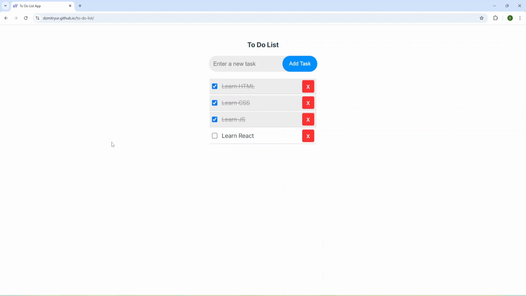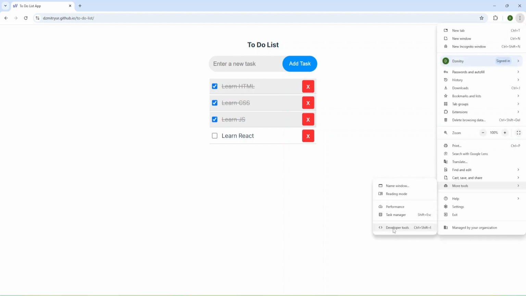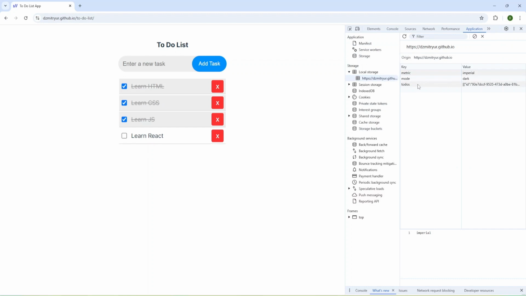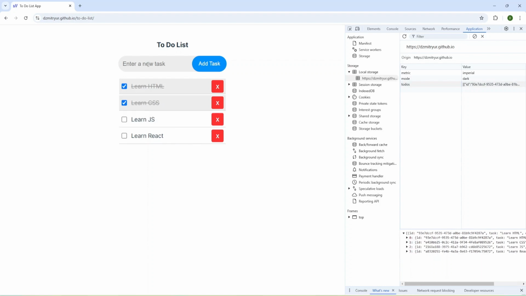And you can see then when I refresh the page, my list is here, and that's because I use local storage and save my data into local storage. And let's check. I can open my application and check local storage. And as you can see, we have to-dos here, and we have all to-dos. I can mark incomplete and add some task like learn node and add task. And as you can see, we have task in our to-dos in local storage, and refresh the page.